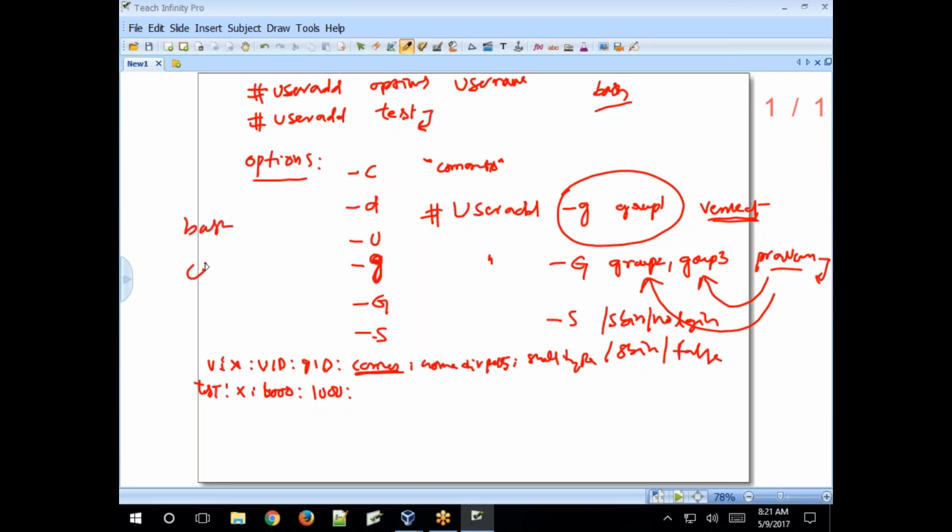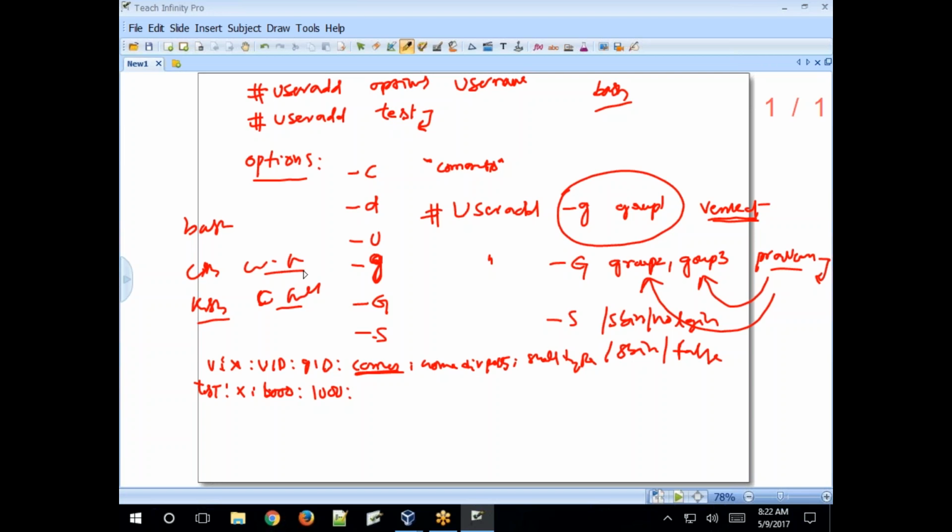C shell is also available, csh and ksh, Korn shell and C shell. If you want to create a user with one of these as the default shell type, then specify -s, then that shell type path. The user will be created and this shell will be allocated as the default shell for that user account.